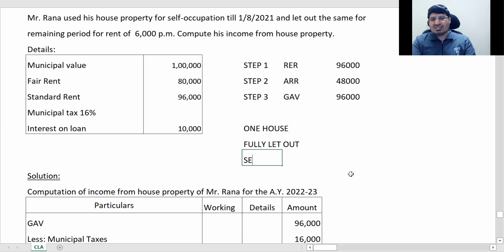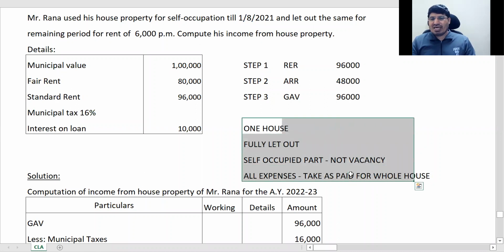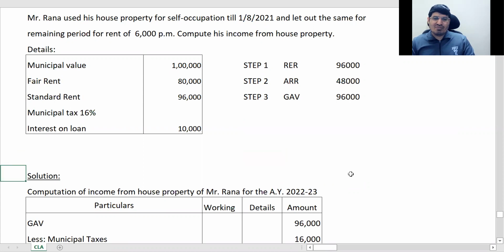तीसरा चीज, सेल्फ ऑक्यूपाइड पार्ट नॉट वैकेंसी, ठीक है। ऑल एक्सपेंसेस, ठीक है, टेक एज पेड फॉर होल हाउस। जैसे म्युनिसिपल टैक्स वगैरह है, जस्ट कंसिडर एवरीथिंग इज बीइंग पेड फॉर होल हाउस, ठीक है। जस्ट कंसिडर इट एज वन, एक ही घर है वो और पूरा किराए पे दिया है उसने, तो तब तो हम डिवाइड नहीं करेंगे कुछ, राइट। दिस इज व्हाट विल बी दिस सॉल्यूशन, ठीक है।